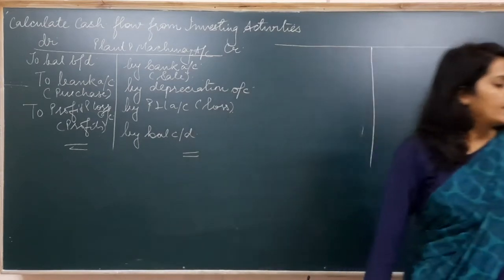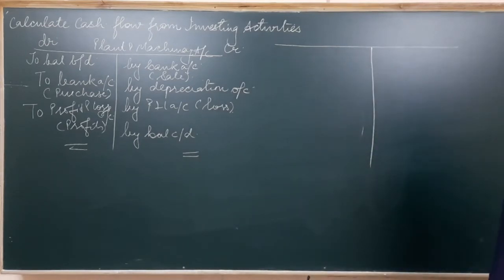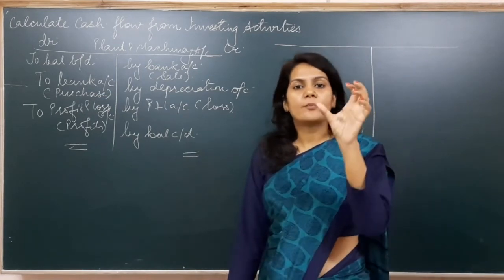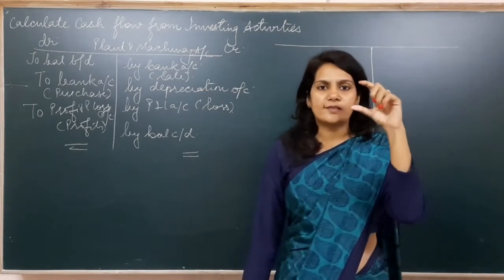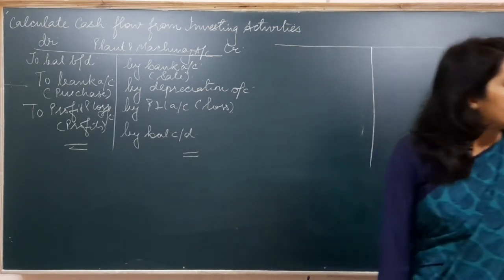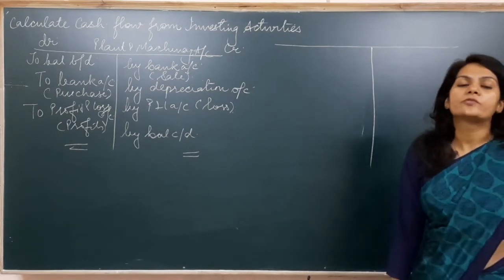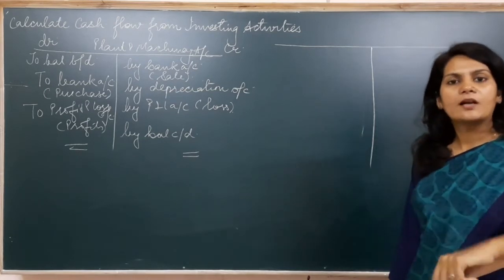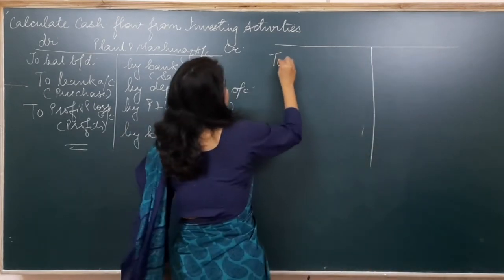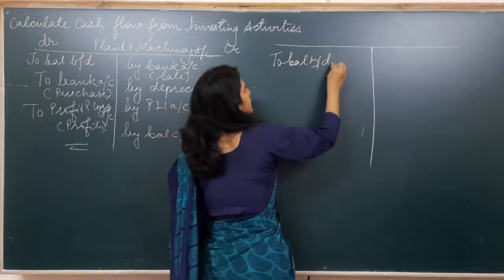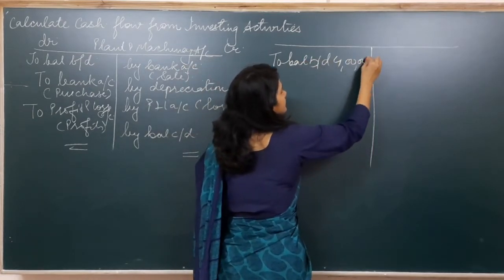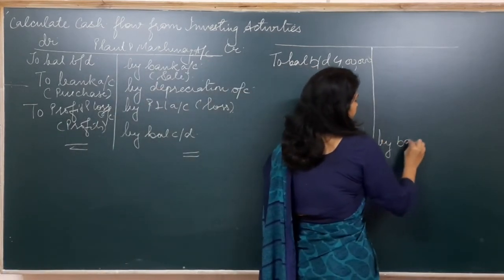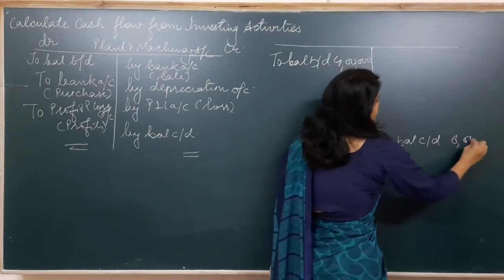Okay, read the question. Plant and machinery, opening balance and closing balance are given to us. Now, where do we find them? It's from the information given to you. One small extract of the balance sheet is given, where the value of plant and machinery in 2014 was 4 lakh and in 2015 it's 6 lakh. So 4 lakh becomes the opening balance. I'll write here 'To balance brought down 4 lakh'. And the closing balance is also given, so I'll write 'By balance carried down 6 lakh rupees'.